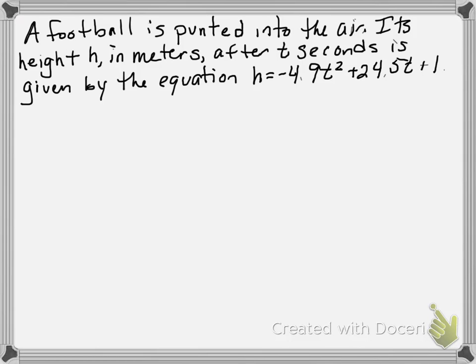Alright, here's our story problem for quadratics. A football is punted into the air. Its height, h, in meters, after t seconds is given by the equation h equals negative 4.9 t squared plus 24.5 t plus 1. So, the first thing that we're going to do, part A, is we're going to find after how many seconds